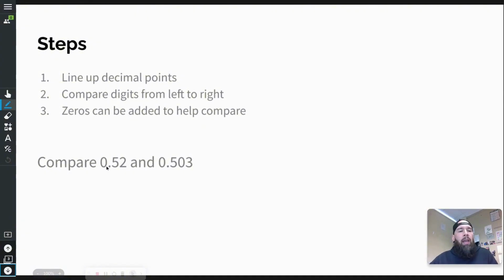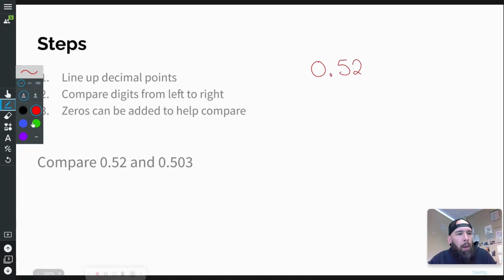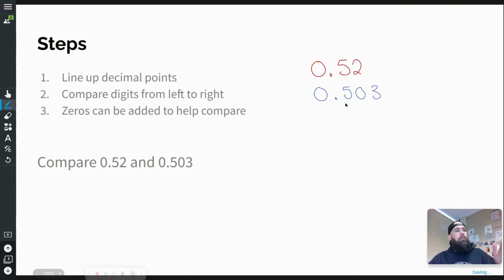Well, if I give you two numbers and I ask you to compare 0 and 52 hundredths to 0 and 503 thousandths, we're going to first line up the decimal points. So here are my numbers, 0.52. Line up the other one by decimal, so 0.503. Now, you're going to compare digits left to right. If any of your whole number parts are bigger, so for example, if this was like 13 and that was 3, this is easy. But if we're given the same whole number, or if we're given whole numbers that line up perfectly and then we hit the decimals,